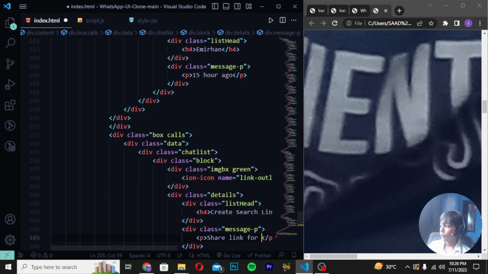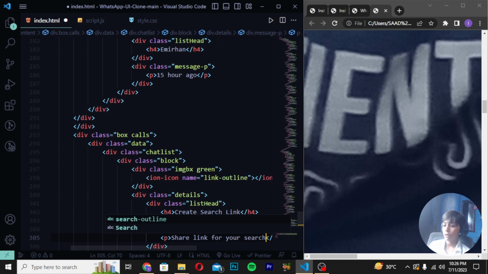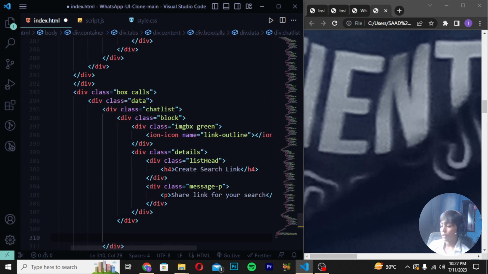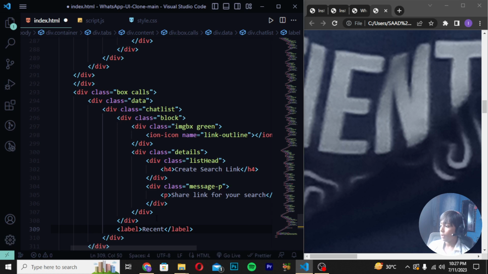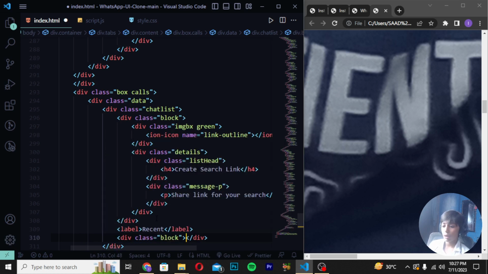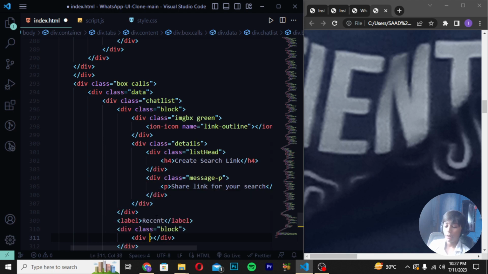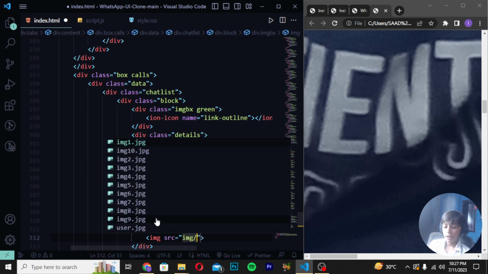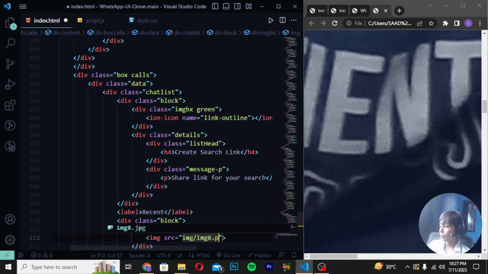link for your search, and now what you can do till my work is done, and label should be resend, and here we can write div class will be block, enter, div class will be imgbx, and image select image slash image a dot jpg,